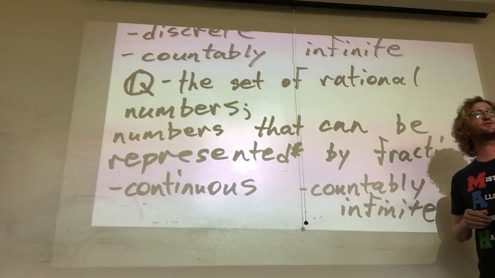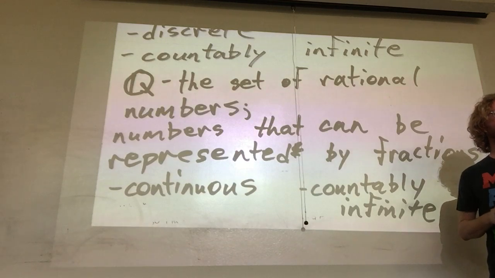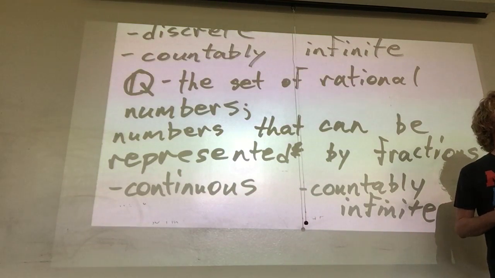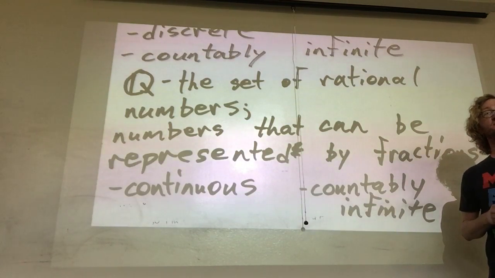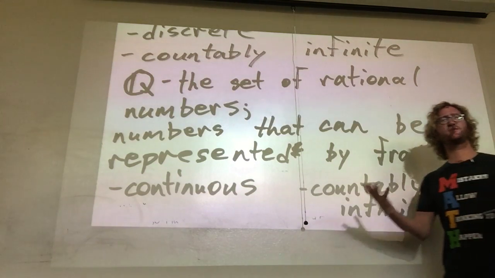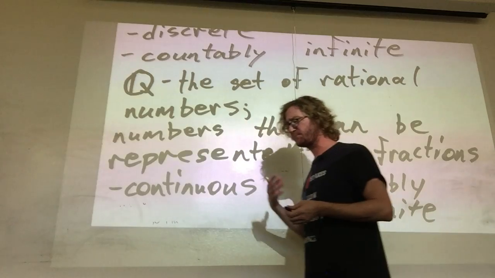It means that the irrational numbers are actually uncountably infinite, meaning there are more irrational numbers than rational numbers, which seems almost counterintuitive, because the numbers that we come across